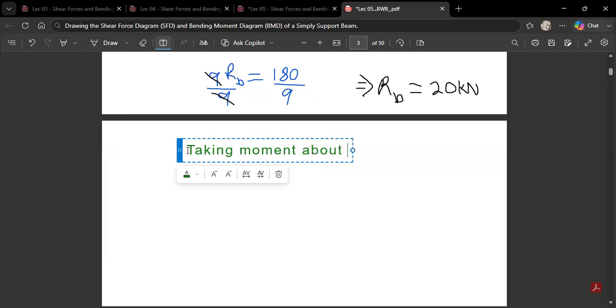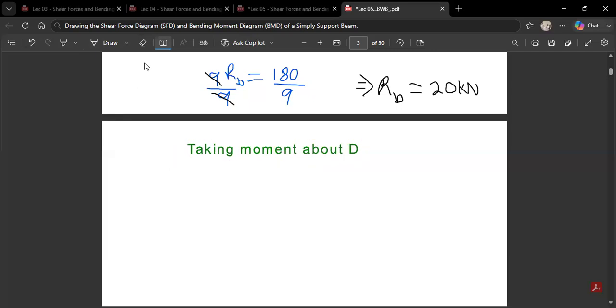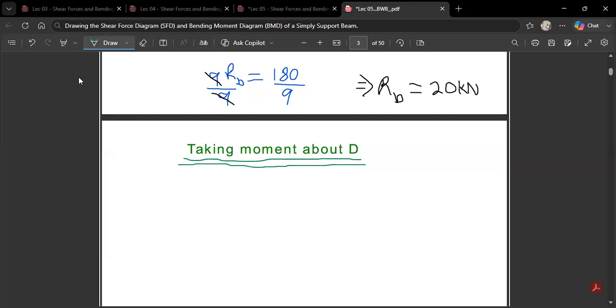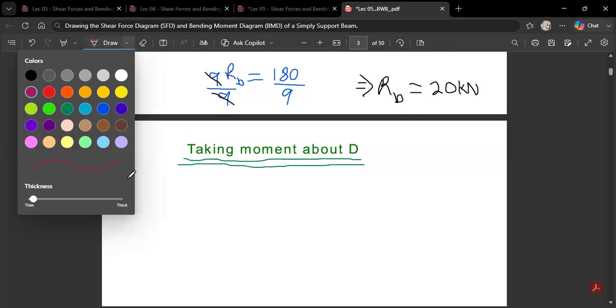Taking moment about D. So that is what you are seeing over there. And then this is it. So what is the next thing we do? You go and put the rule over there. Failure to bring the rule will cause you to lose marks terribly. So this is, we say positive, that is